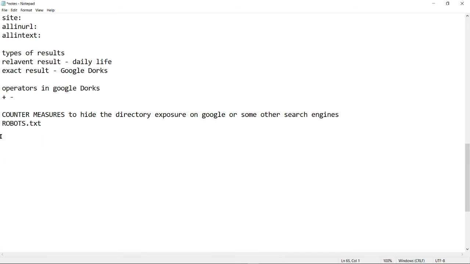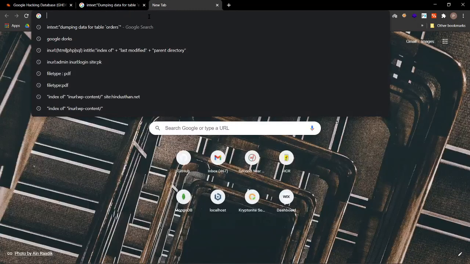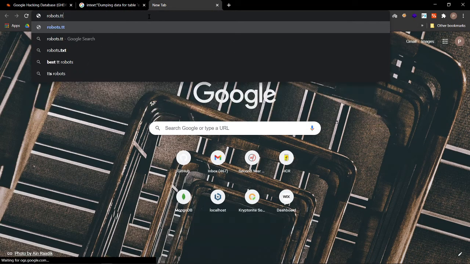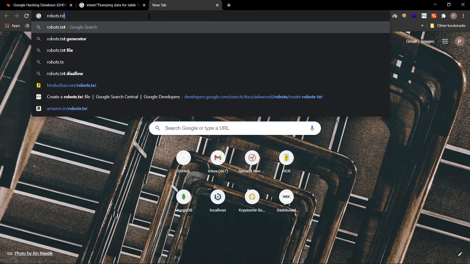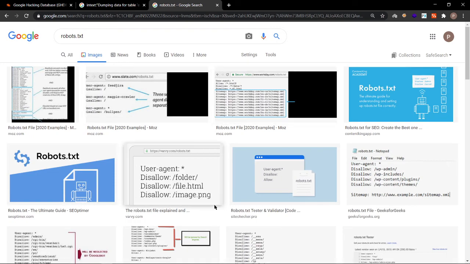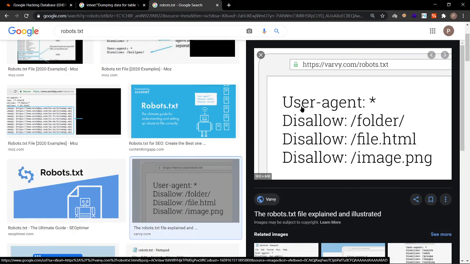But for now, I'll show you an example. See, they have written disallow folders.